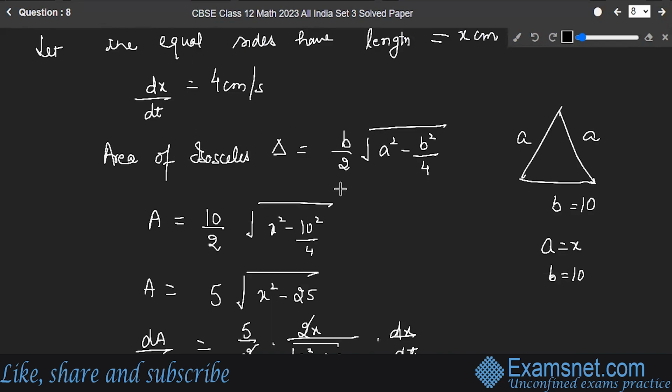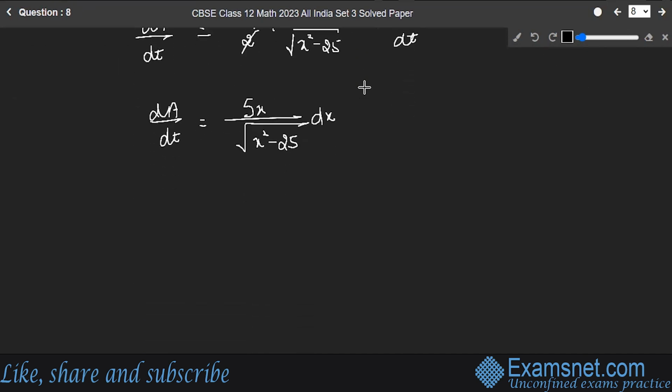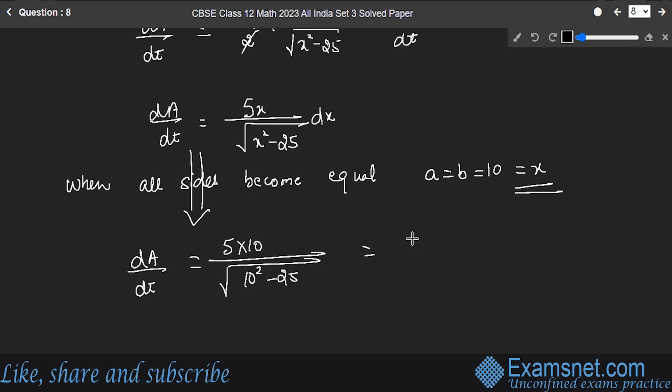Now it is saying, how fast is the area of the triangle increasing at an instant when all sides become equal? When all sides become equal, then a will be equal to b, that's equal to 10, and this is equal to x as well. So what does this become in that case? dA by dt at that time will be equal to 5 into 10 divided by root of 10 square minus 25, which is equal to,